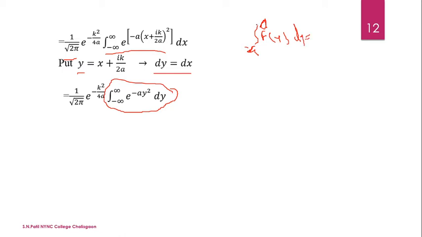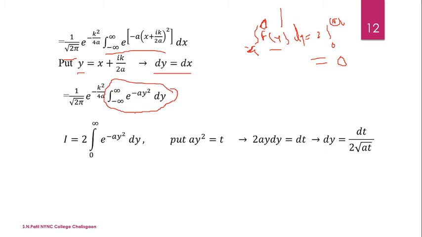If the integral from minus a to a is there and f of x is an even function, then we write 2 times the integral from 0 to a. And if this is an odd function, then the value of the integral is 0. Now see, when we put y equal to minus y here, we get the same function as it is. It means this is an even function. Then we can write this as 2 times the integral from 0 to infinity.